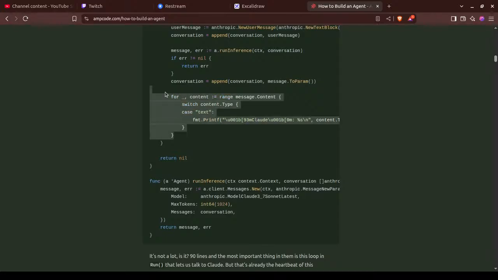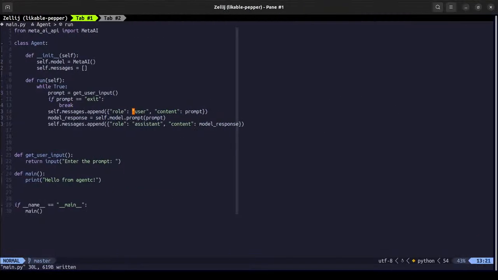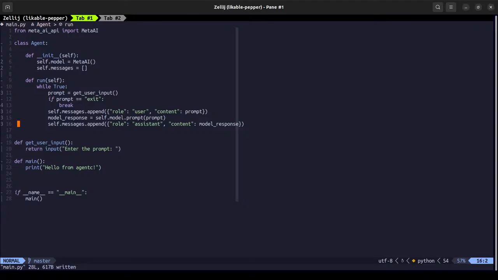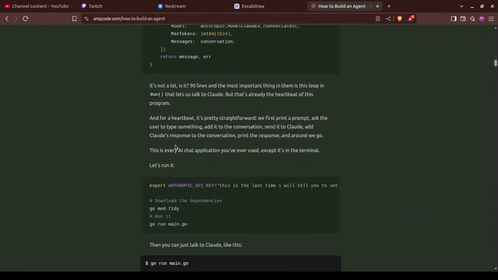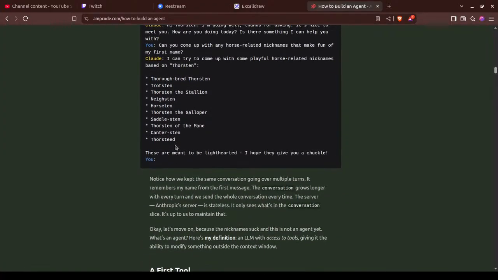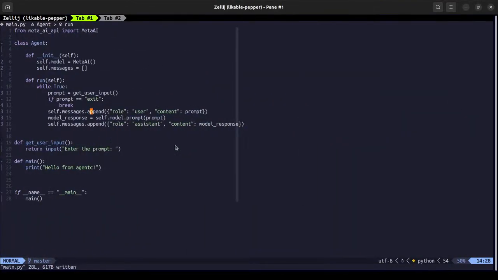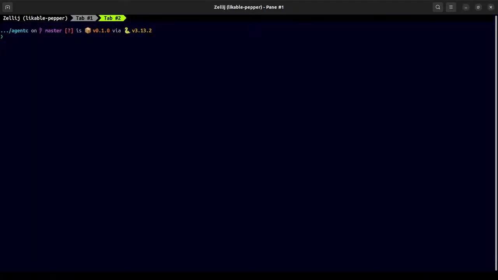Okay, this might be quite handy because this is quite dependent on the model. We'll not dig into it here because this will depend on what the model responds, if it's a text response or tool call response. So this is that. Let's try to run this and quickly see if it's even right. Python main.py.